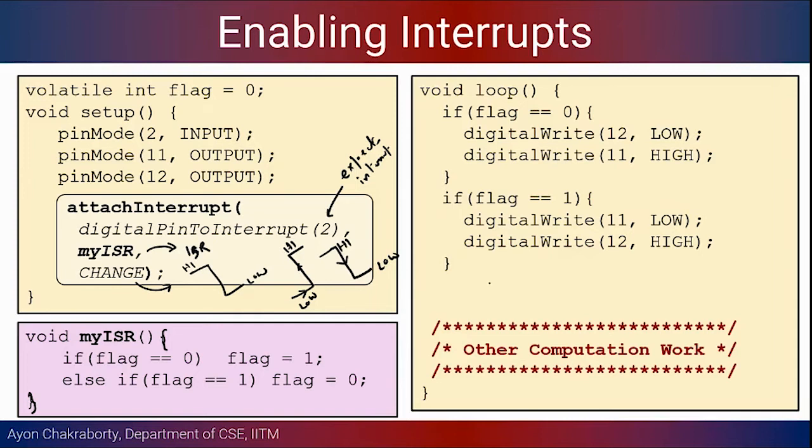So this entire time we are free to do something else, right? We can process other interrupts. For example, let's say we want to have two switches. One could be for turning on the green LED, and the other switch could be for turning on the red LED, right? In that case, you have to attach two interrupts, right? So those kinds of things can also be implemented. So that is the basic idea.